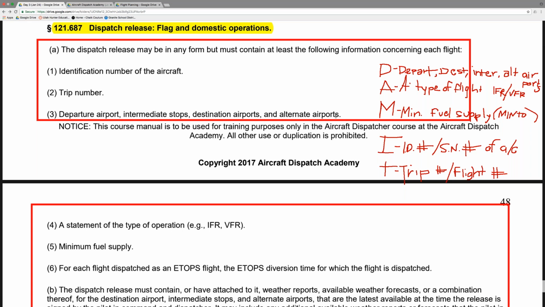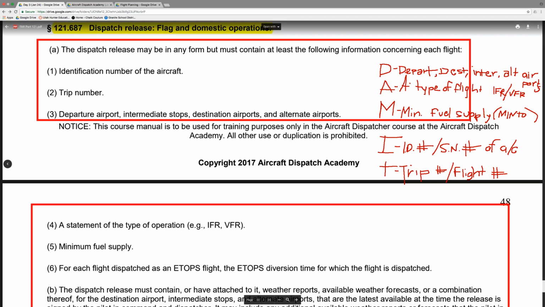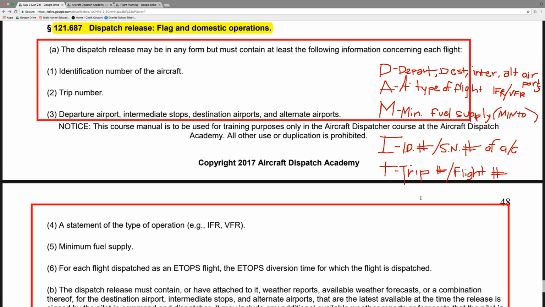On one side it says what's required on the dispatch release. What are the 5 things required on a dispatch release? And the other side says exactly what you see here. And if you can define it like this, it's going to impress the interviewers, like Greg and them. They're going to be like, oh yeah, they actually understand it. There are people that kind of hum-ha around it. They're like,